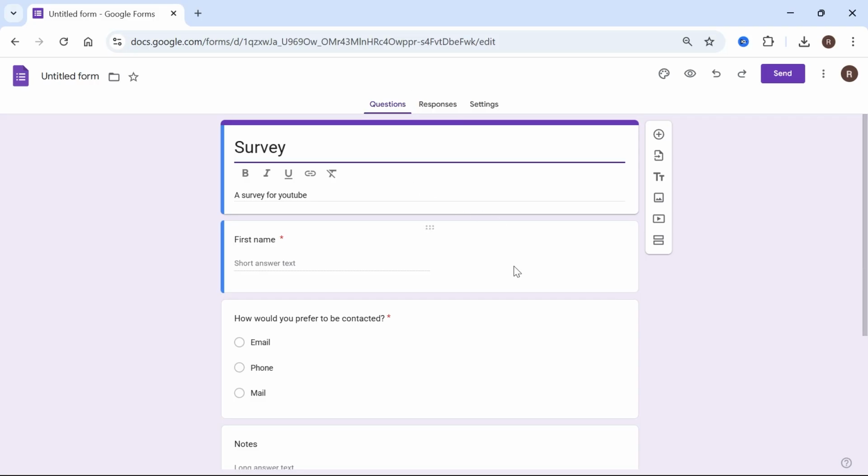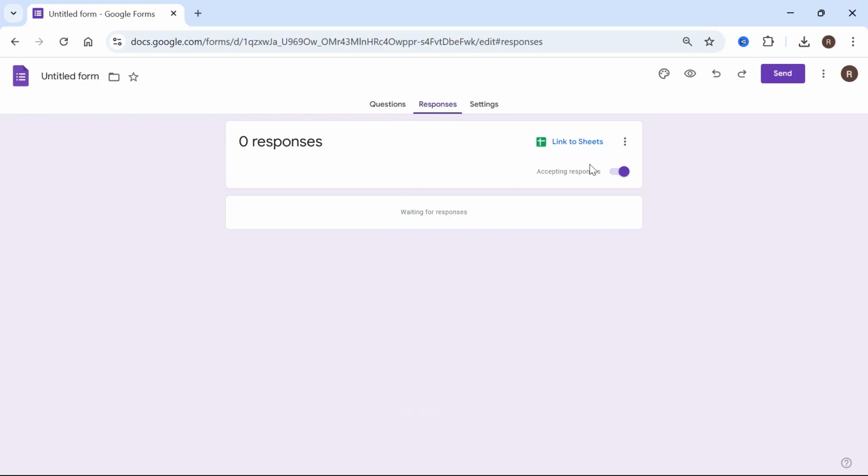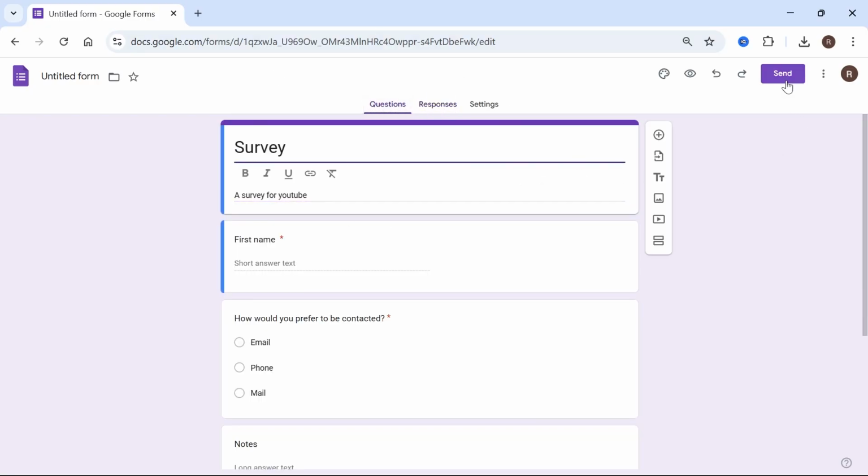Once you're on your Google form, you need to make sure everything is complete and set up. So before we create our QR code and start sending people over to this form, we want to make sure that all of the fields are exactly how we want them. Make sure you have the responses set up correctly, and then once you're finished, we need to click on send